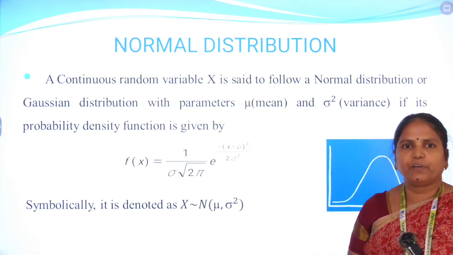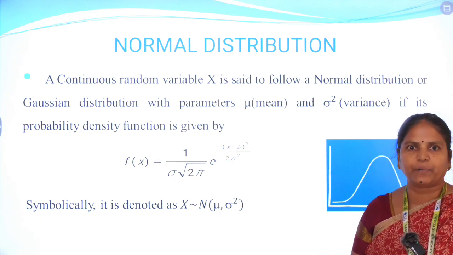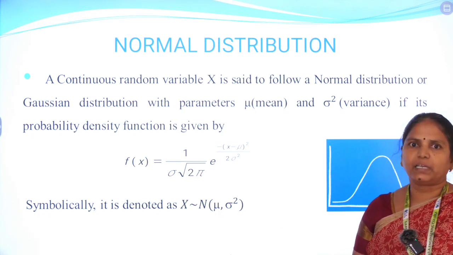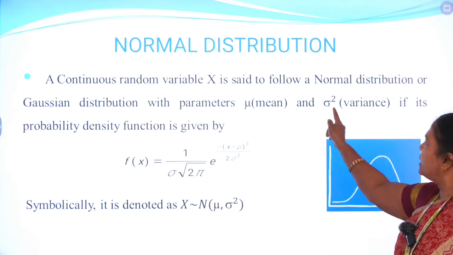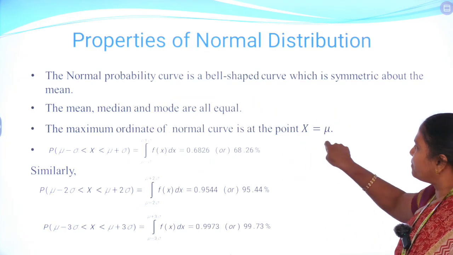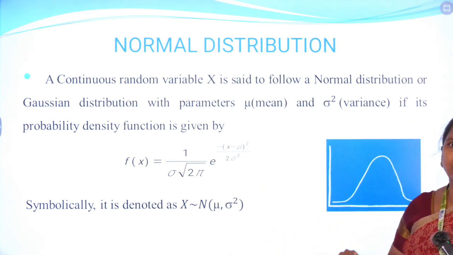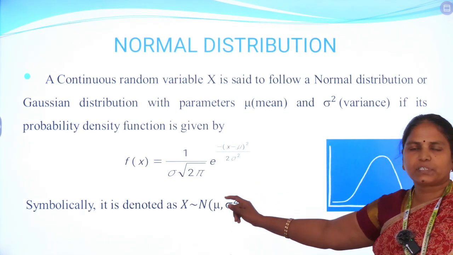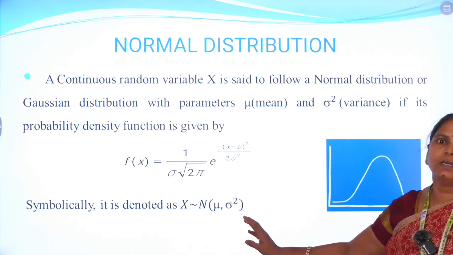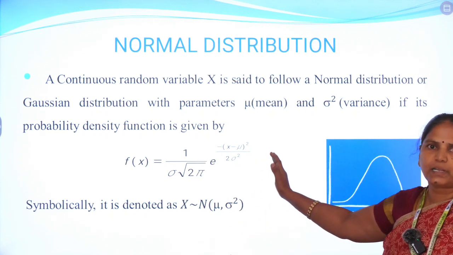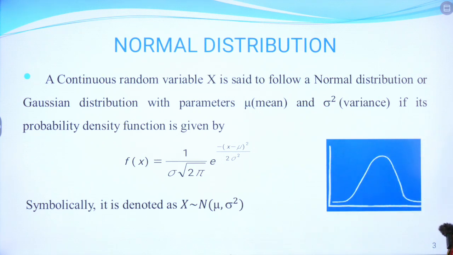a continuous random variable x is said to follow the normal distribution with parameters mean and variance. Mean is denoted as mu and the variance is denoted as sigma square. And the probability density function is defined as f(x) = 1 upon sigma square root of 2 pi, e power minus (x minus mu) the whole square divided by 2 sigma square,